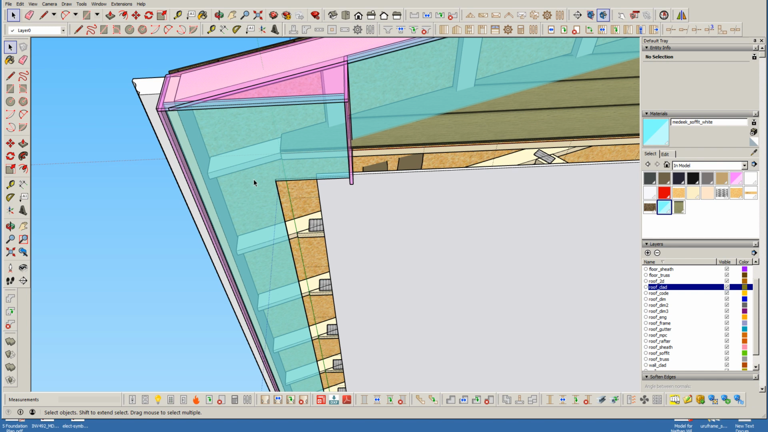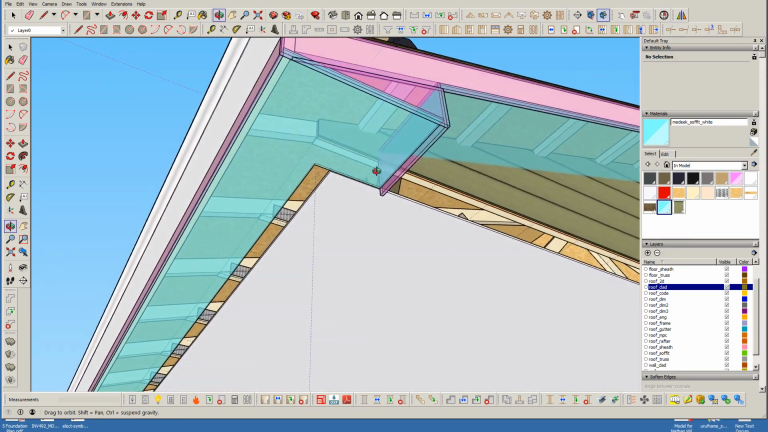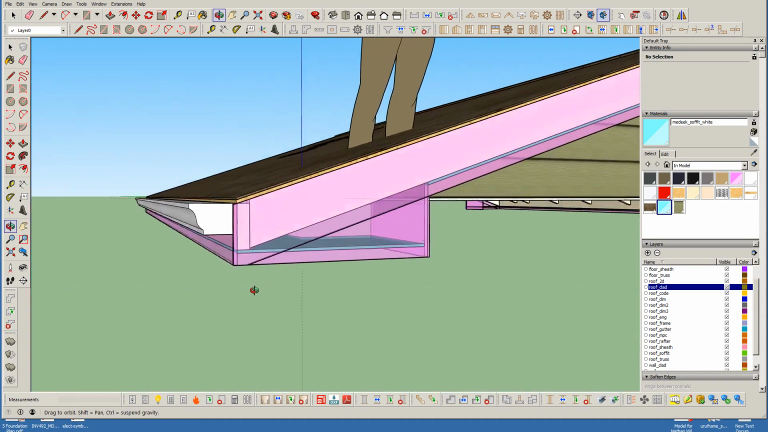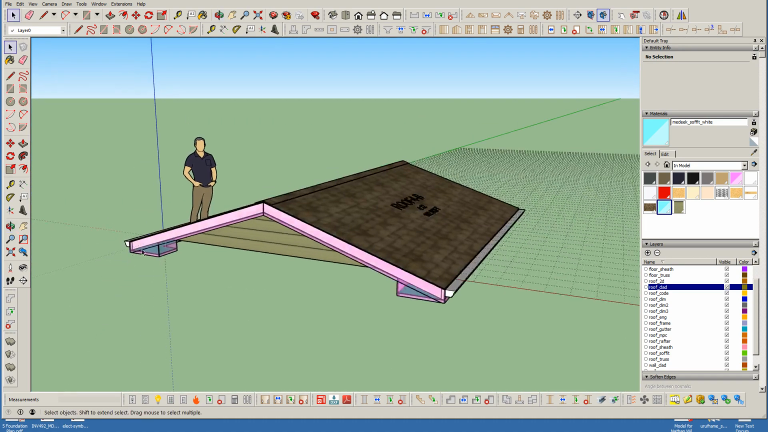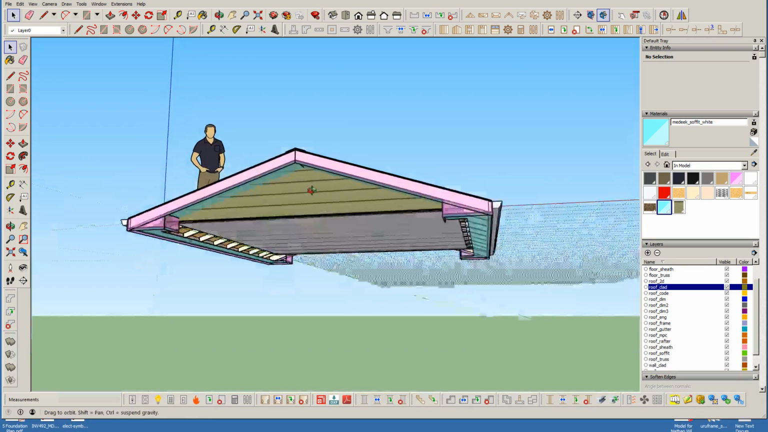I don't know, I'll have to give that some more thought. Basically send me some more details on what you might want to see done differently with soffit and venting, and I can take a look at that. But yeah, so like I said, I just want to show you that the soffit and fascia feature is available